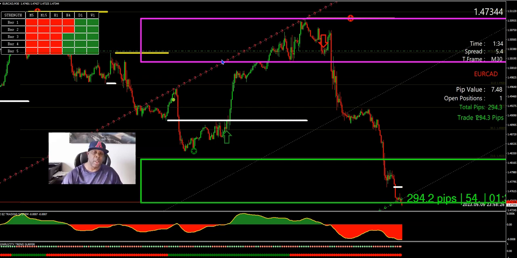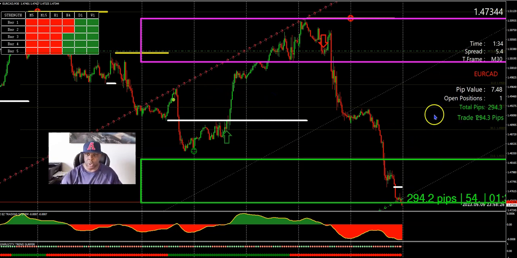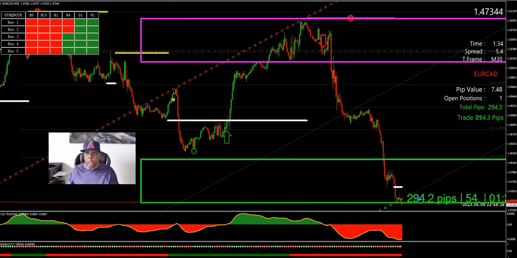Well, the market is technically closed, but I held this trade for a little bit, and let me hit Control Y, and I'll let you know how long I've been holding this trade. So this is going to be opening on Sunday, so this will be here. So this is Friday. This is Thursday, ever since Thursday. But look at this massive trade. One way up the ladder, one way down the ladder. You can see I'm up about 294 pips on this one, so I will be closing this one out once the market reopens. But I was holding this one and held it while I was out traveling, and so I